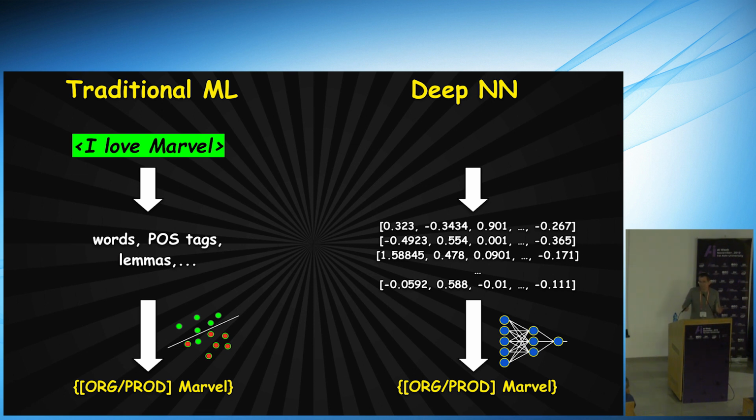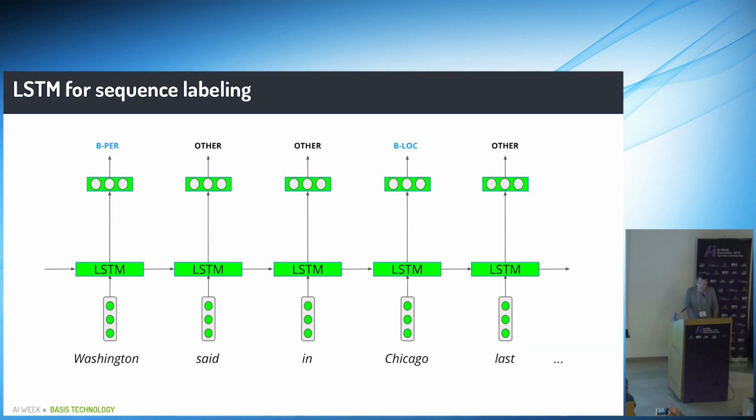So in this sense, deep learning for us at basis is much more generic, and we can build one model for one language and then use it on other languages. A common architecture for named entity recognition looks something like this. It's based on a recurrent neural network or a specific flavor of it, let's say LSTM, long short-term memory. There are other